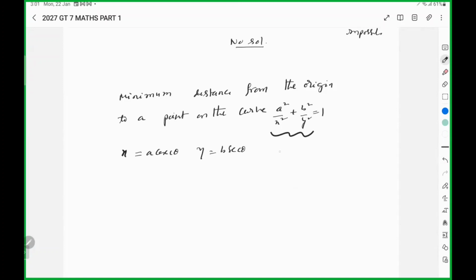Then in this case, it becomes 1 by cosecant square, 1 by cos. So from origin to this point,